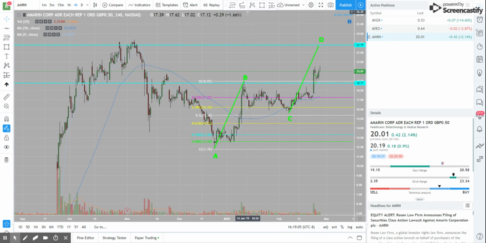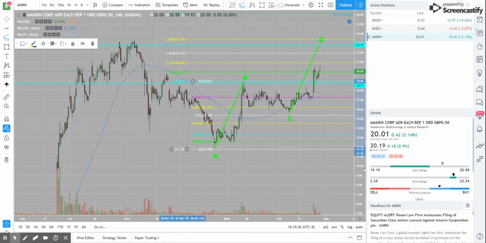I can do something else here too. I can go ahead and I can take a Fibonacci extension, do it for my lowest low, my A to B right here. I'm going to do the fib extension on my A to B, lowest low to the highest high, and then back down on in, and see if that matches up with anything to help build a case as to where this thing's going. It starts to come in. You can see that 1618 comes in right at the very peaks